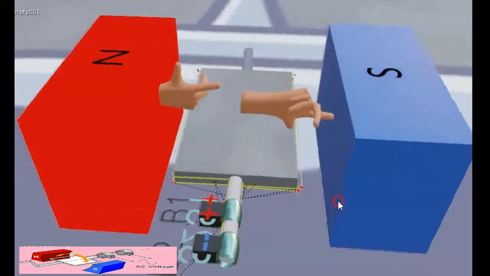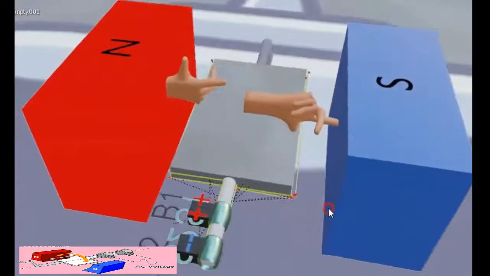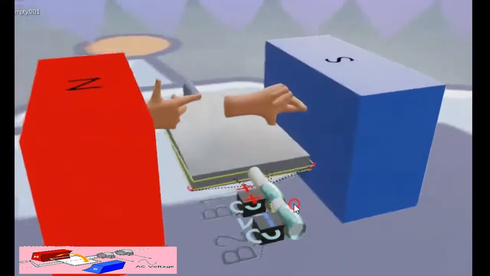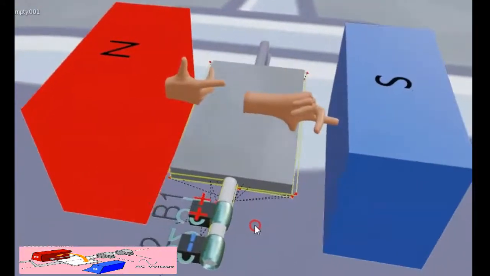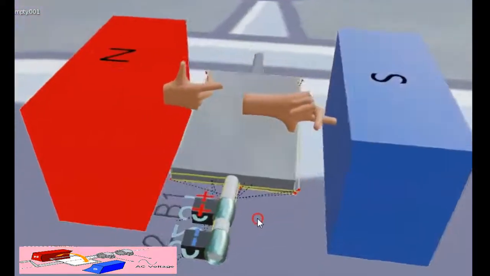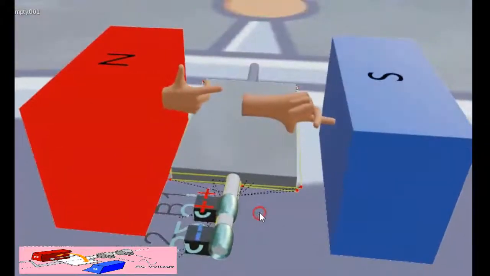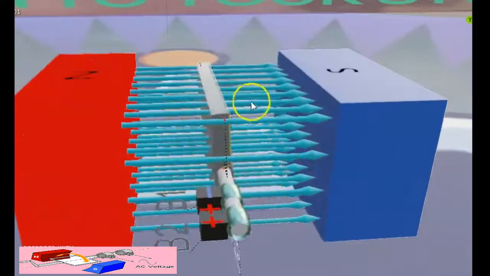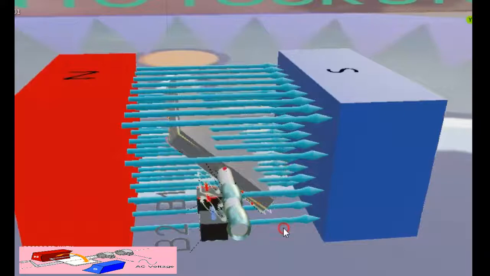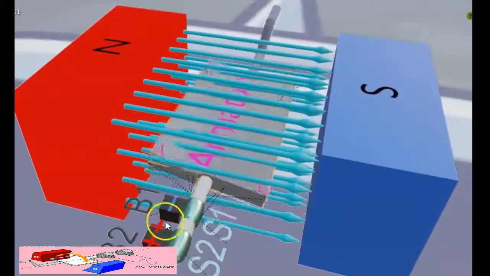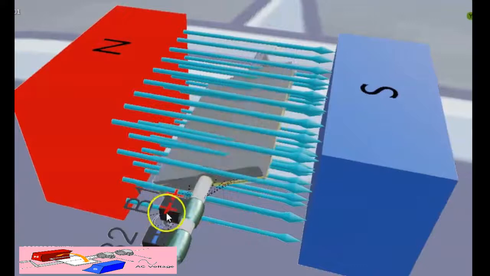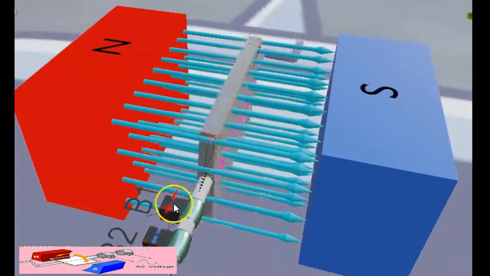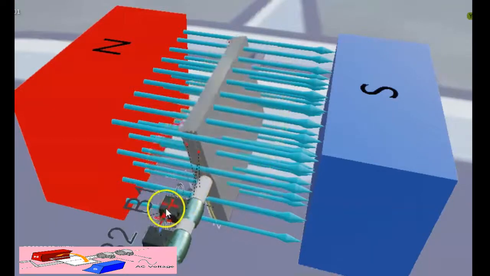In this way, after each half rotation, the polarity of these brushes will get interchanged, and this generator produces alternating current or alternating EMF. Now we can see by animating this model, you can see this armature is rotating in this magnetic field, and the wire is crossing these magnetic field lines, and after each half rotation, the polarity of these two brushes is getting interchanged. Here this AB is coming upwards, so this B1 is negative, and now it is going downwards, so B1 is positive.